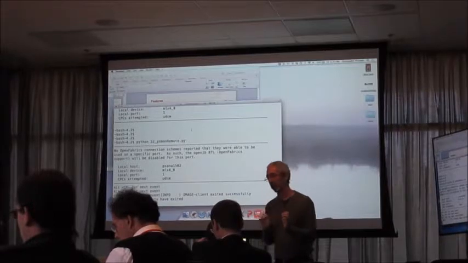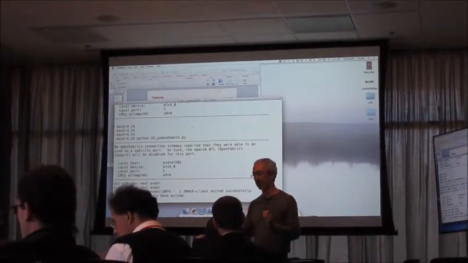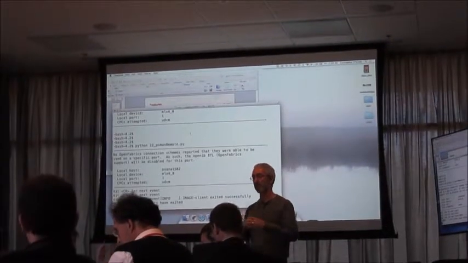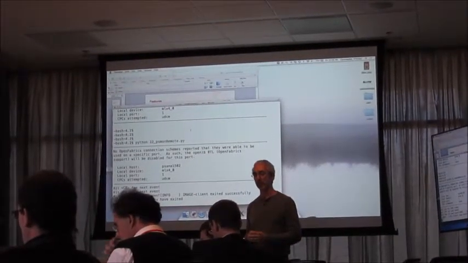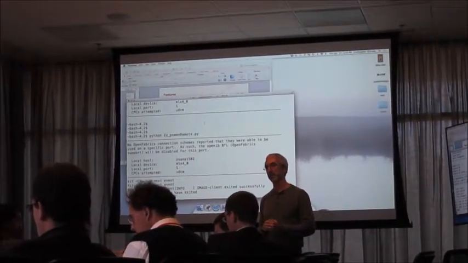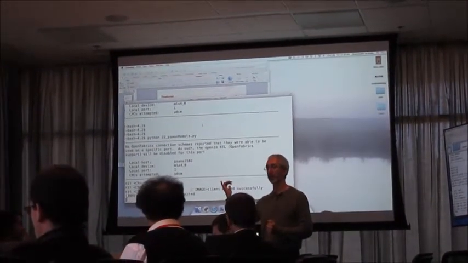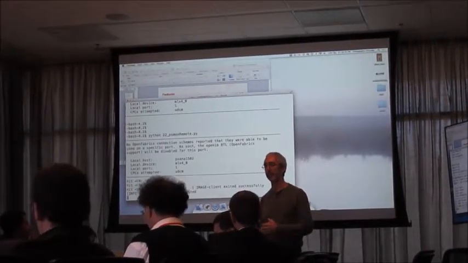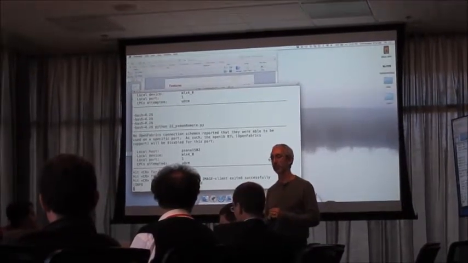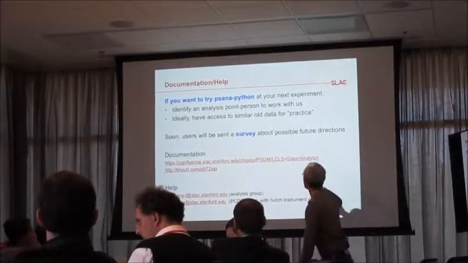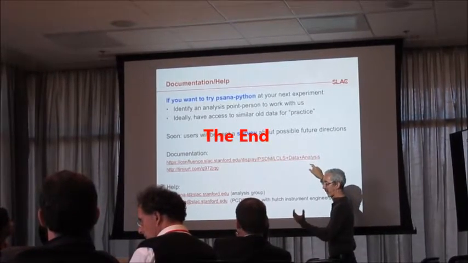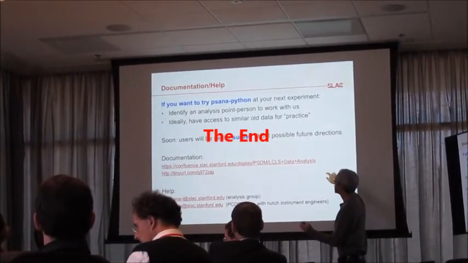If you're willing to tolerate a little more complexity, you can run from shared memory, which lots of experiments have done. And we believe this is a model that is right around the world, and we're actively talking to other labs. And they are supporting Python, thinking about Scikit X-ray. And we'll see how it develops. The documentation, which we've tried to make somewhat more concise. It's not perfect, but